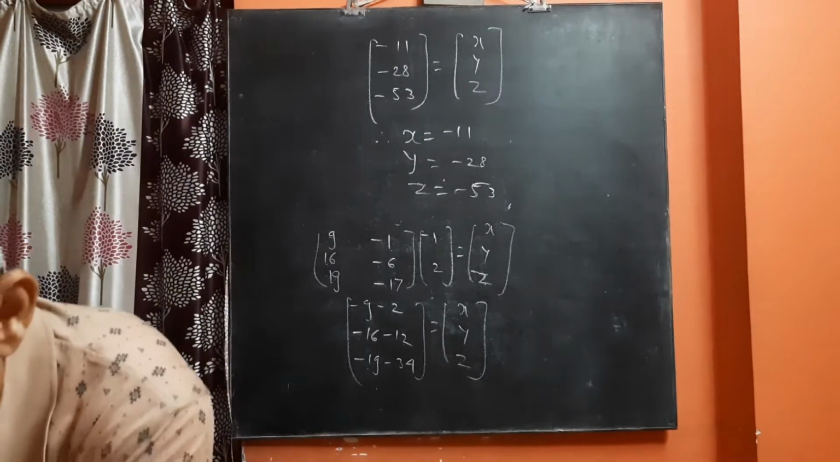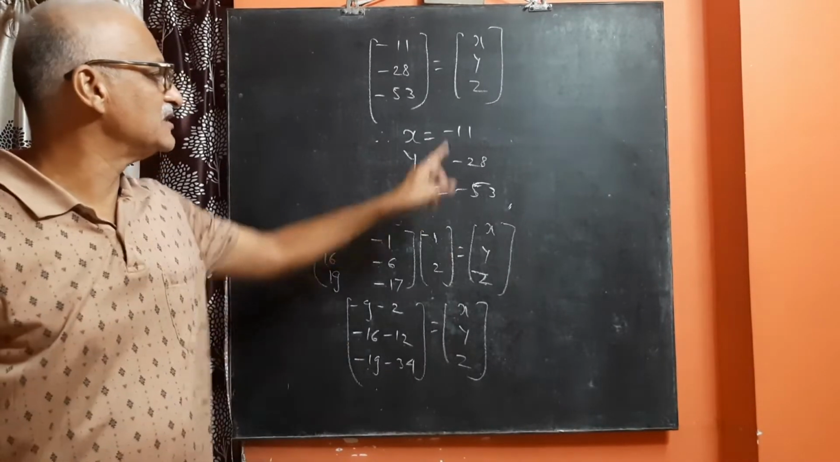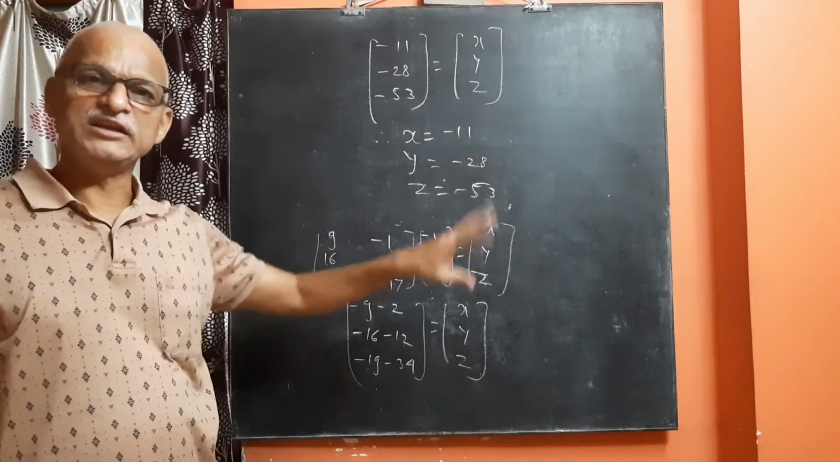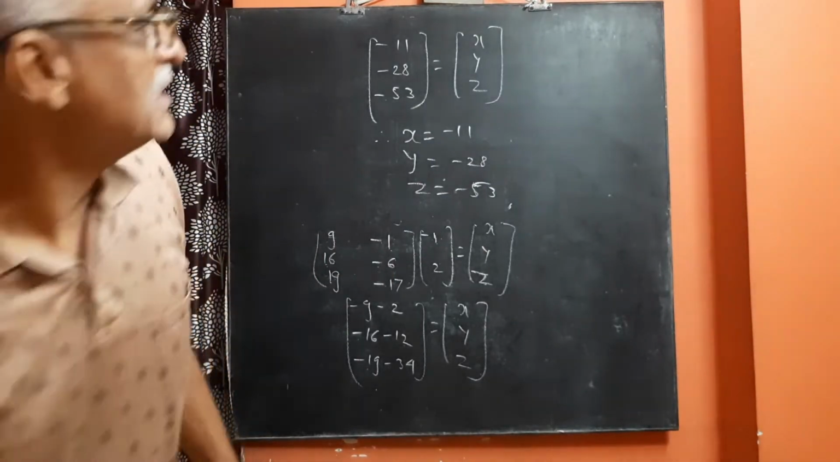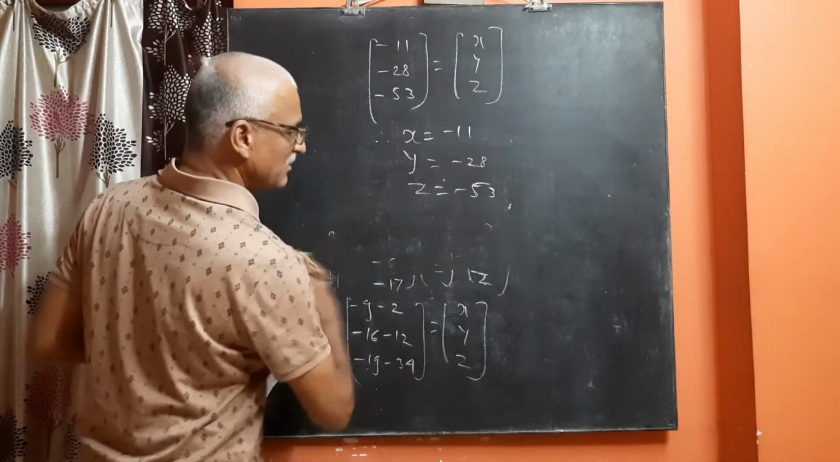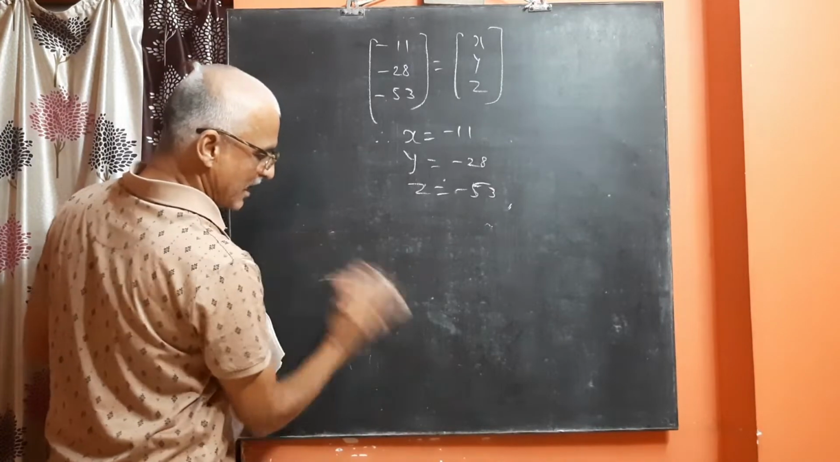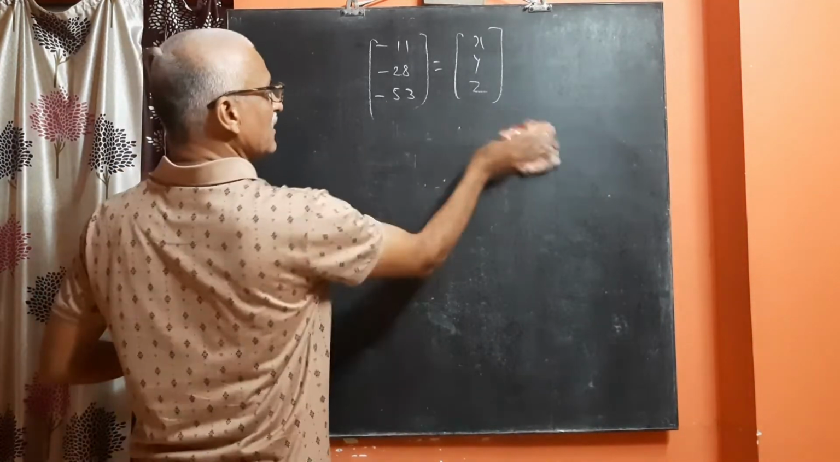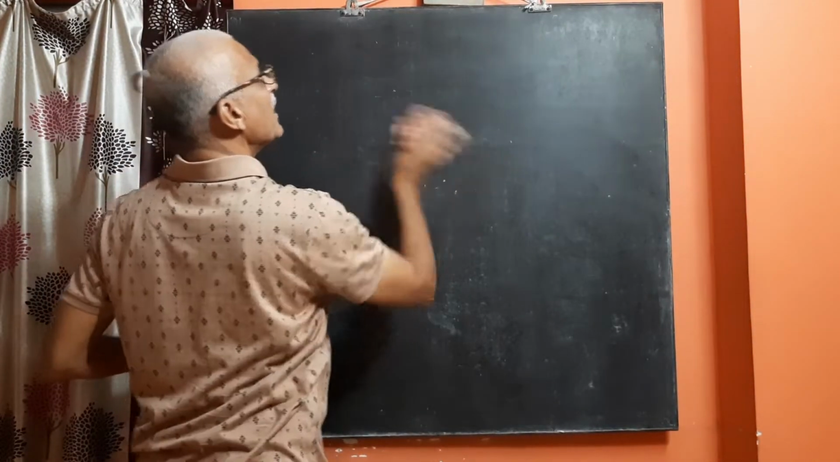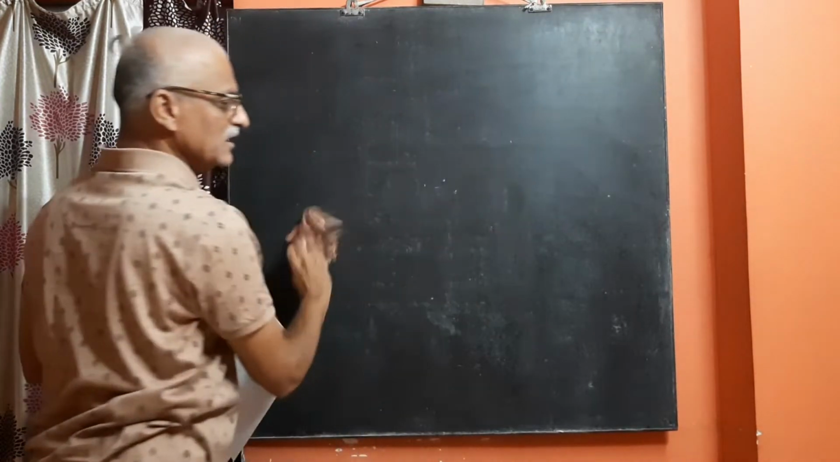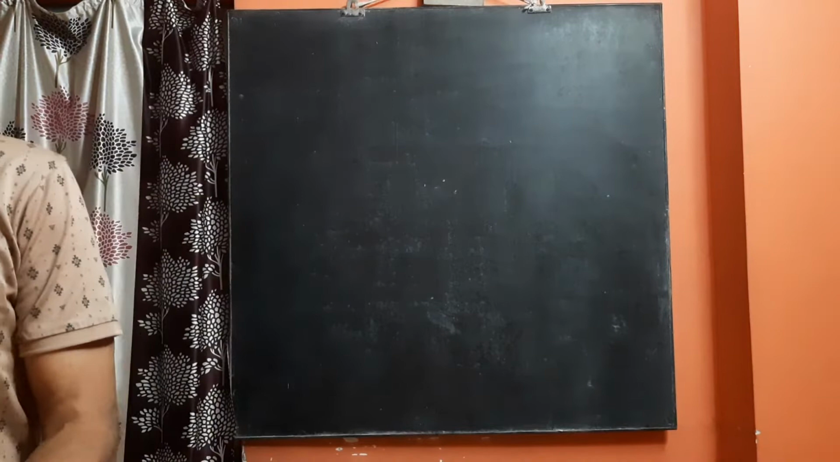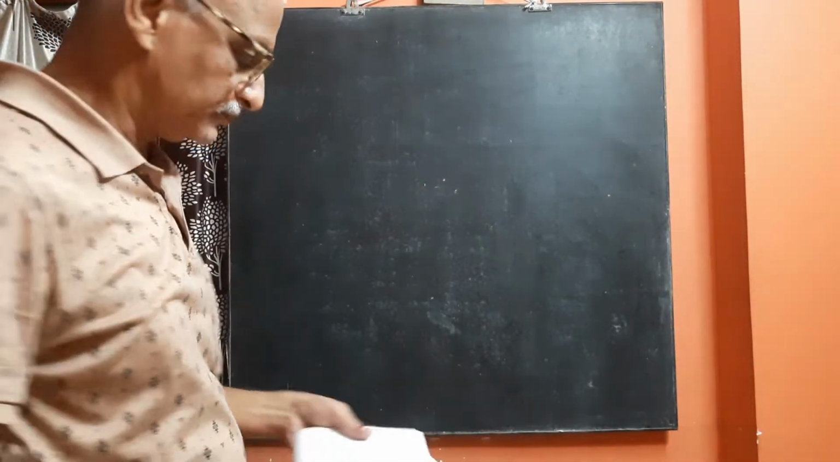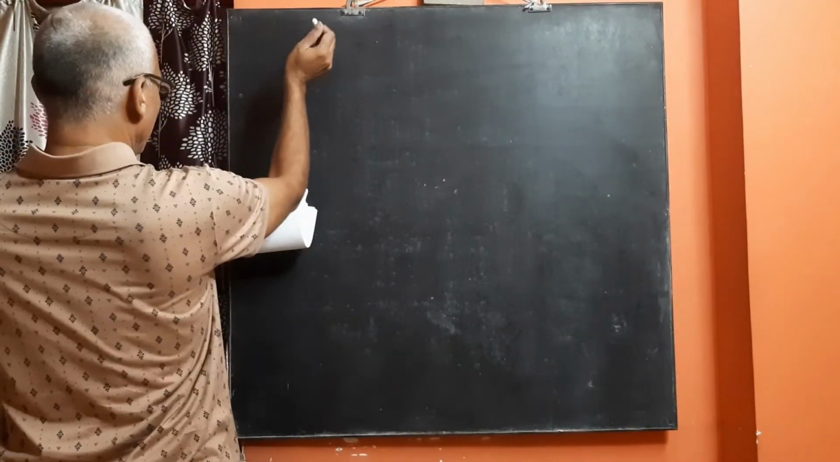So we have got the value of x, y, z, minus 11, minus 28 and minus 53 by simply scalar multiplication and subtraction of matrices. We will solve another example on the same type so that your idea should be clear. आपका जो भी आइडिया है वो क्लियर होना चाहिए, इसलिए हम लोग और एक प्रॉब्लम सॉल्व करेंगे सेम टाइप पे. Let us see the problem is